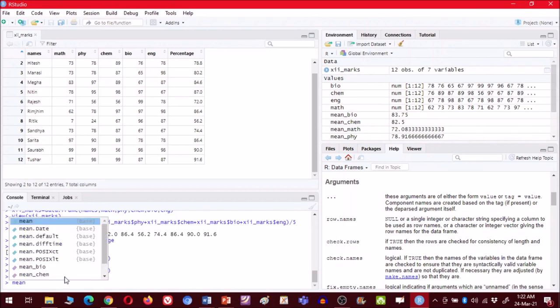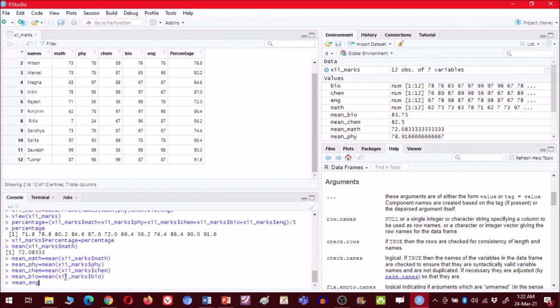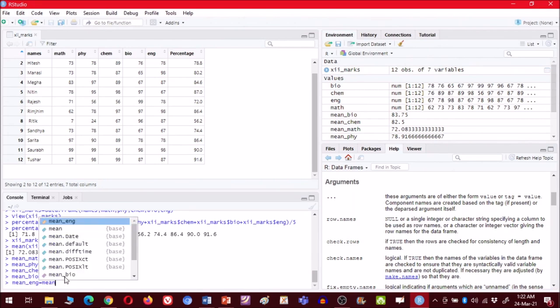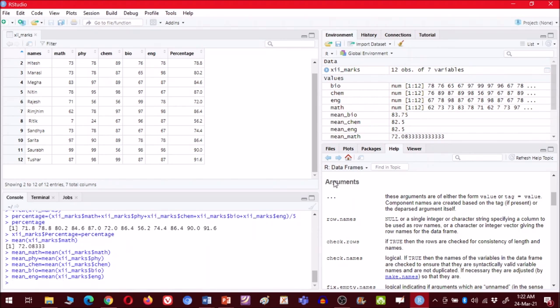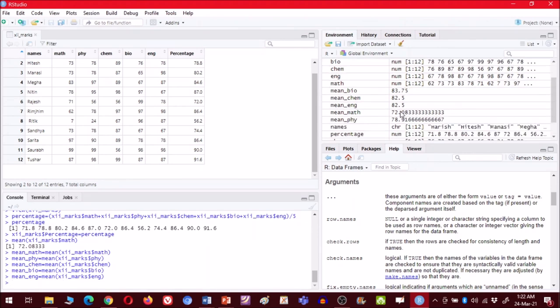Now the last is English, which is equal to mean of 12 marks, English. So this will store the mean of English. As you can see, all the means are stored here.